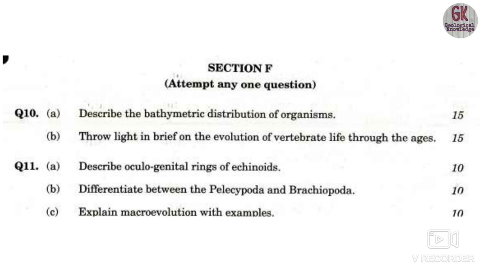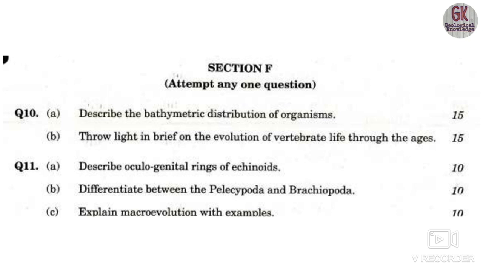So in the difference between pelecypods and brachiopods, you have to discuss their symmetry elements, their body parts, and other very major differences that we have to talk about. And if you understand the topic, then it's a very easy question. Pelecypod, that is the bivalve, and brachiopod, that means whether the suture is there, whether the hinge dentition is there, and other important properties, differentiation that we have to talk about.